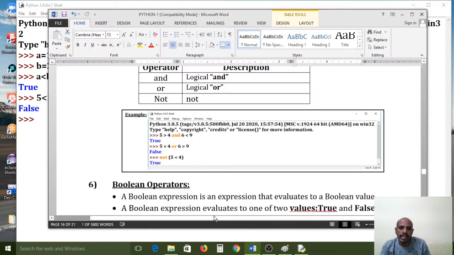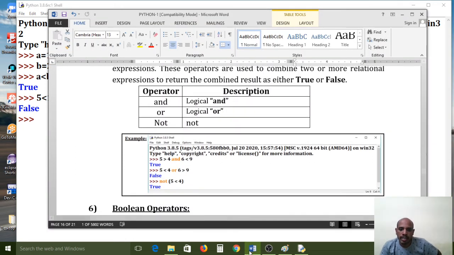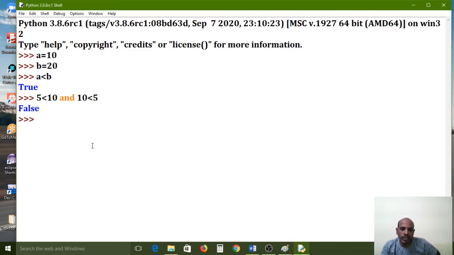Next, the second operator is OR. OR is nothing but either one expression should be satisfied. Same expression I am passing now. All of you look at the screen. Same expression here, but instead of the AND operator, I am using the OR operator. This means any one expression should be satisfied, either this one or this one. Any one expression, so it will show the output true.